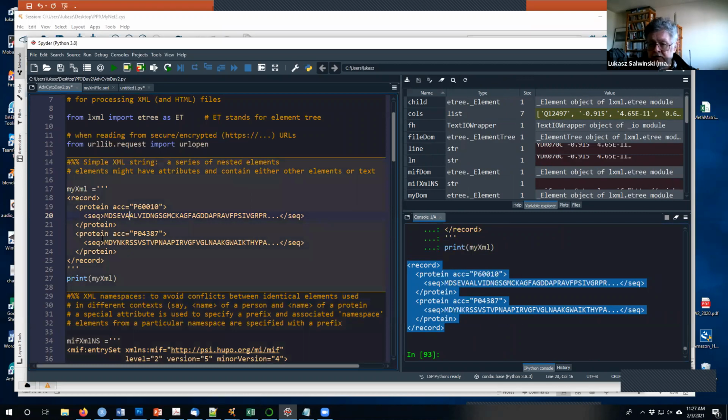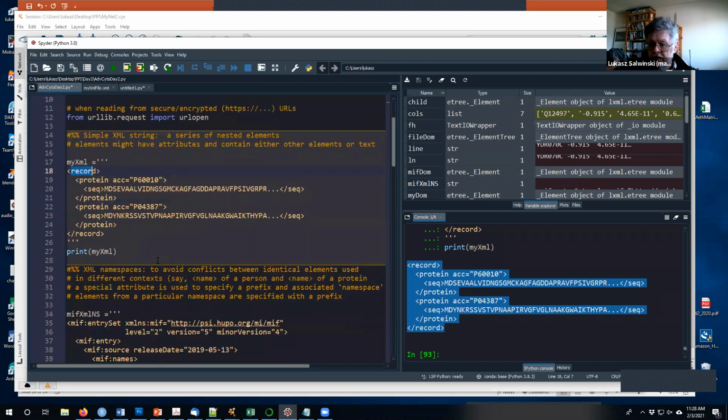Now, XML is very generic. It can be used for different applications. So there's a chance that the names of the tags used for one application are exactly the same as the names used in some other applications. For example, someone might have a tag called name, and there might be a name sitting there, but in one